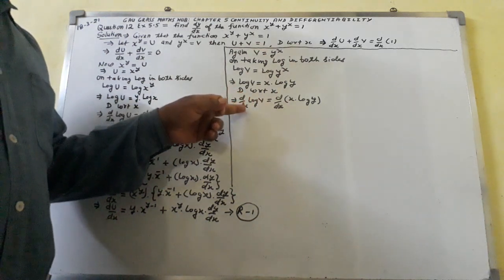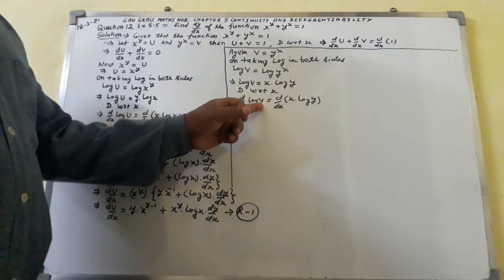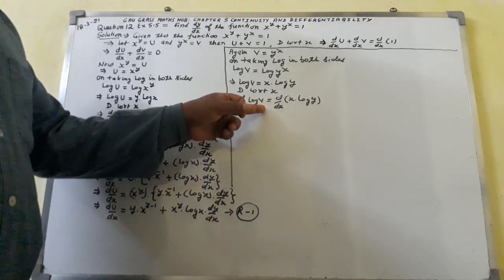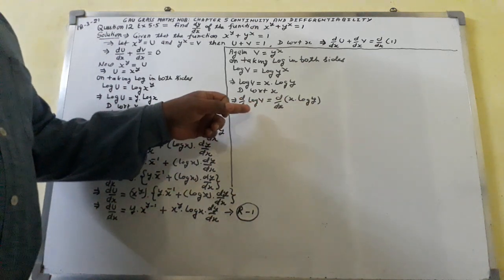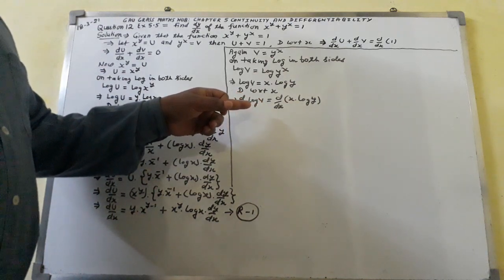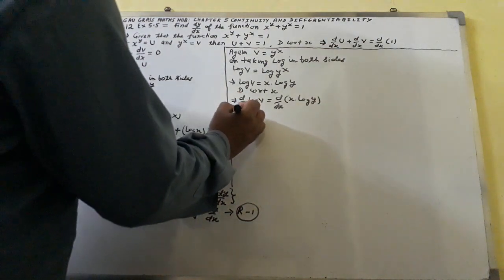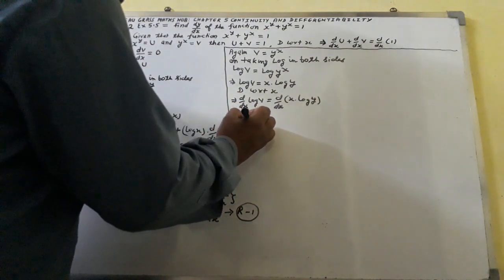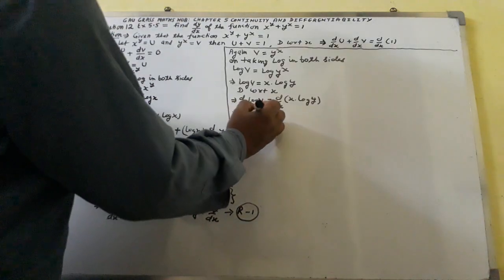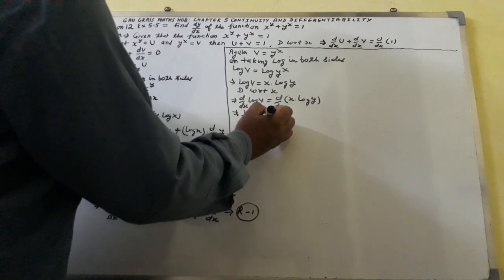You will get here dv over dx. And for time being, if you let v as x, d over dx of log x comes out to be 1 over v. In place of v, I shall write here x. It will become, implied that, 1 over v dot dv over dx equal to,